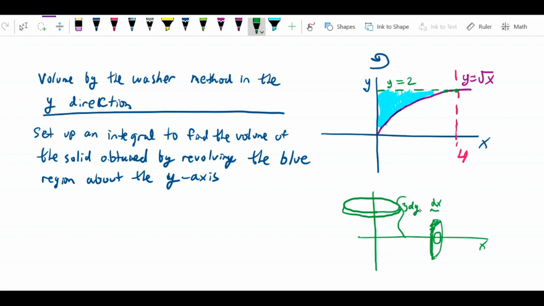Now, I want to be a little careful about what information I give out here, because some of you are going to say, okay, how do I know this? I already know that many of you are thinking, I will never understand this geometry. Can you just give me the formula? No, there's no way to do this without understanding the geometry. So when I say that you have to use the variable y when you have a vertical axis with the disk washer method,